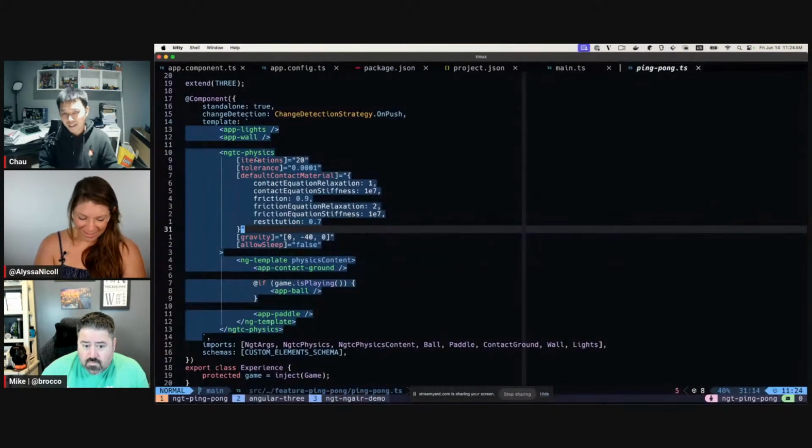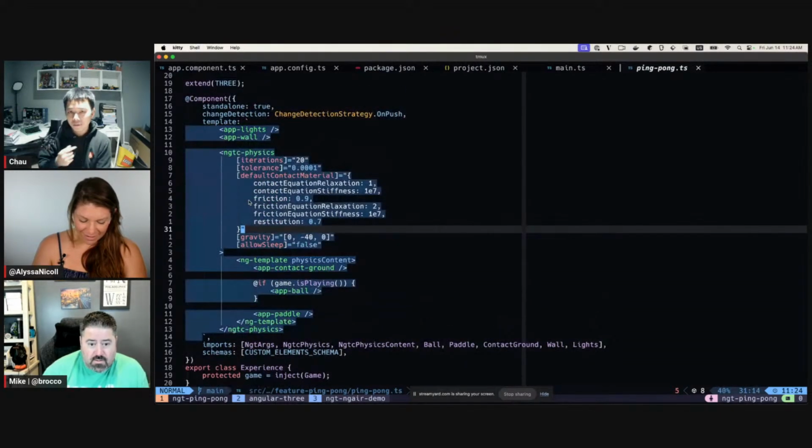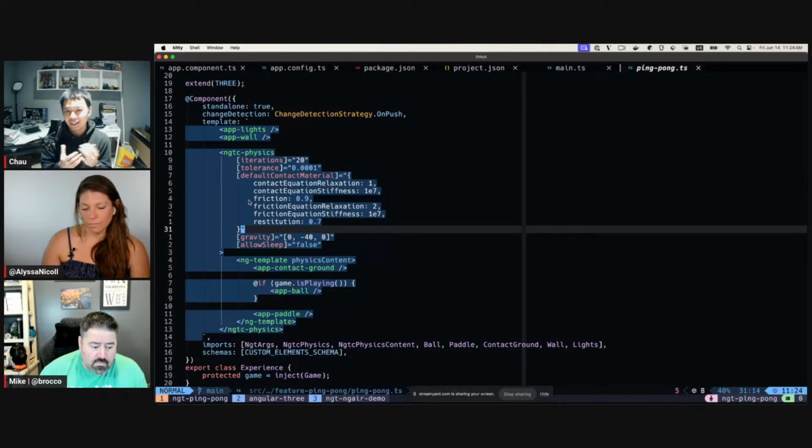So this is the Angular 3 territory. And the goal of Angular 3 is to leverage Angular templates to build your 3D scene, because the 3D scene is usually referred to as a scene graph. So it is a graph which can be represented by the XML-style template.